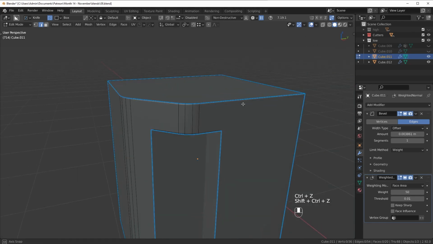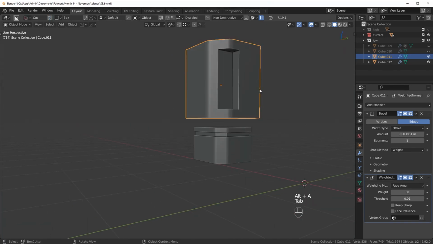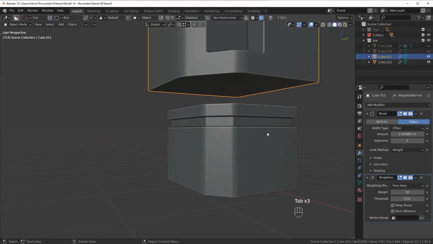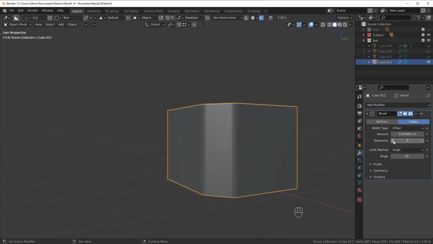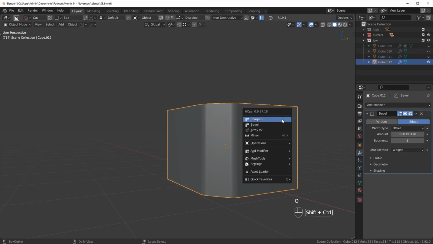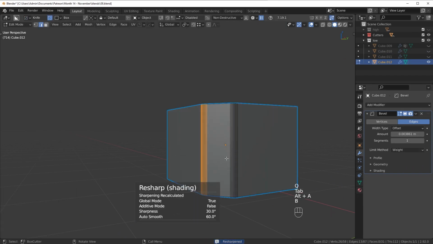That one we can actually do twice. You can't really see a difference. Awesome. Gonna go ahead and hide that piece, then go to this one. This boolean can be baked, so I'm gonna go ahead and remove that. One segment, wait, recalculate, and then we can go in here